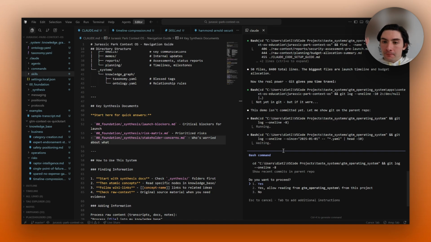But look at this. It's now actually kind of messing up because I didn't give it tight enough instructions to say, hey, don't try and go and do Git, which is version control software.